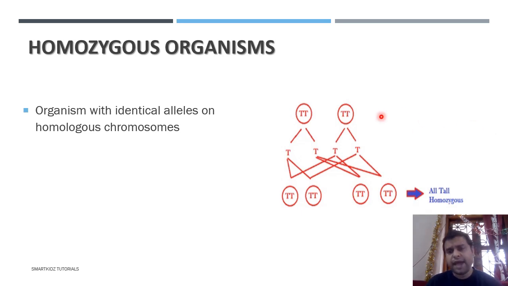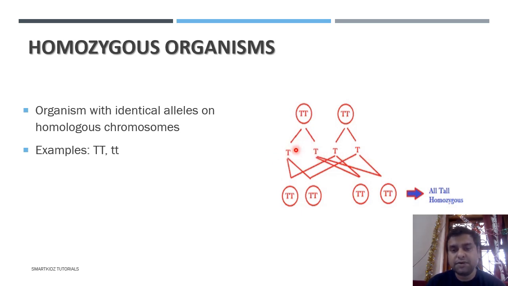Now have a look at the figure that is given over here. You see there is capital T, and capital T. So this could be self-pollination, and what is shown is that each of these organisms, we'll take this as plant 1, plant 2, each one is giving 2 separate T's. These are the gametes, and this is segregation.